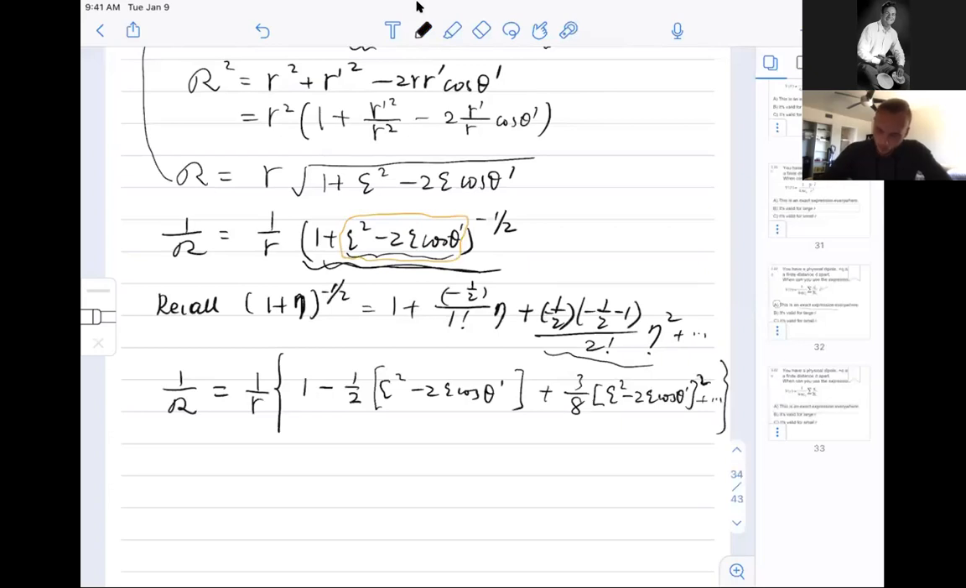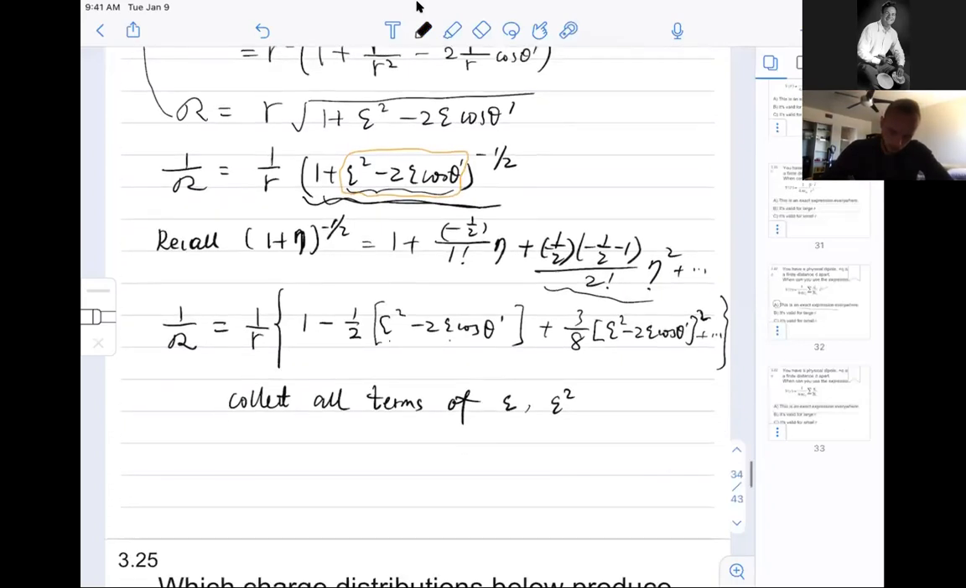Okay, so you end up with some terms in epsilon or epsilon squared. So let's group all the epsilon together and all the epsilon squared together. So we will collect all these terms, and it becomes